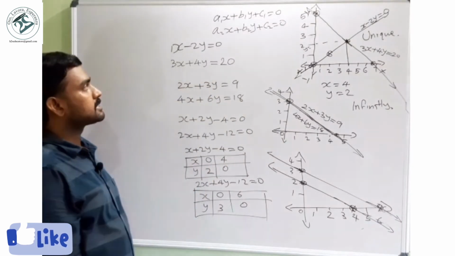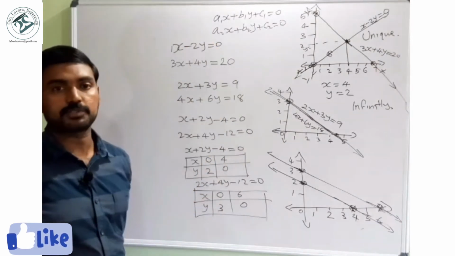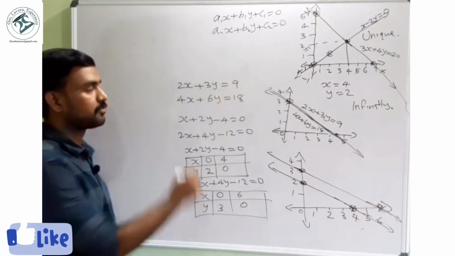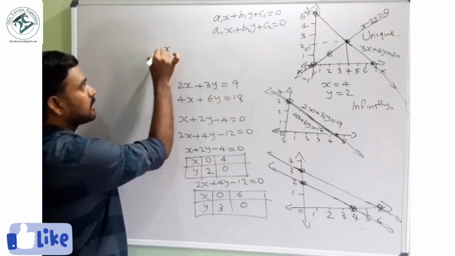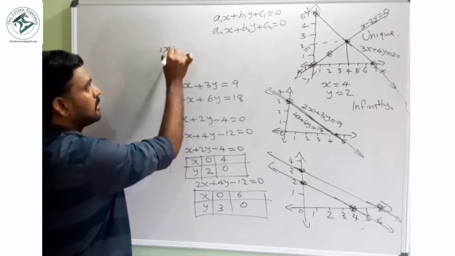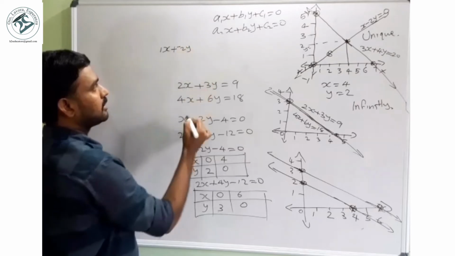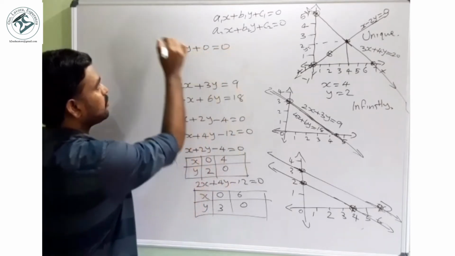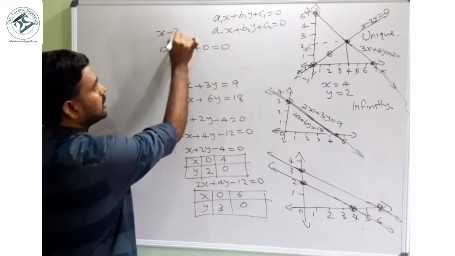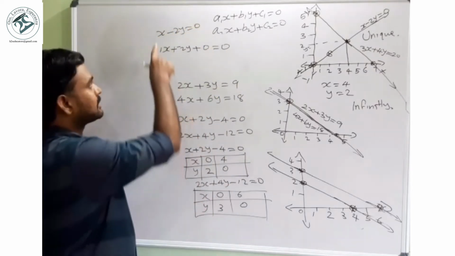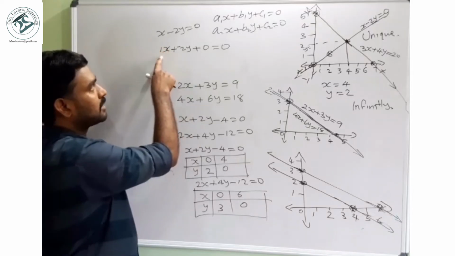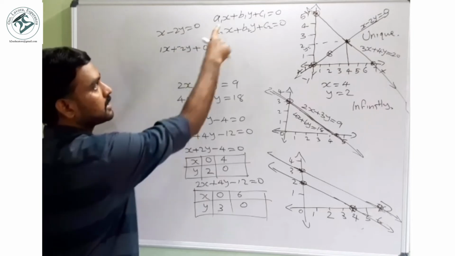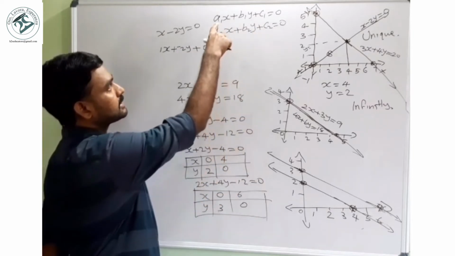Now we can analyze what are a1, a2, b1, b2, the coefficients. The first equation I am going to rewrite in standard form. How many x here? 1. So 1x plus minus 2y plus 0 is equal to 0. This is the standard form of the first equation. x minus 2y is equal to 0. The same x I written here, 1 times. This minus I changed as plus, but this minus symbol I gave to this 2, just to get this form. Then we can easily identify what is a1, what is b1.